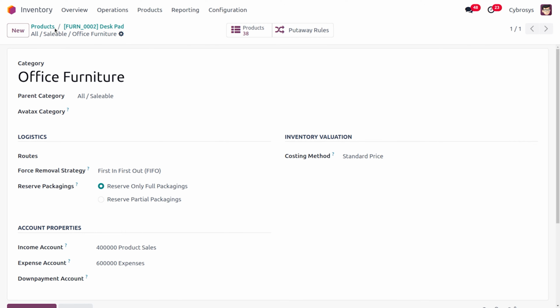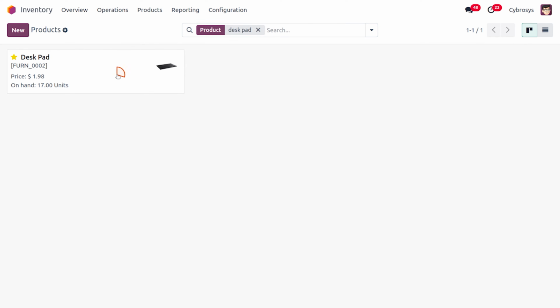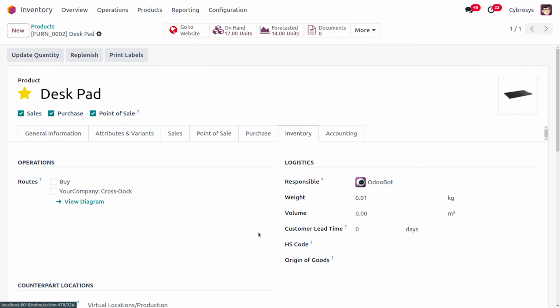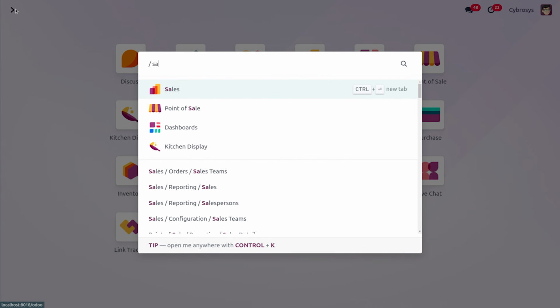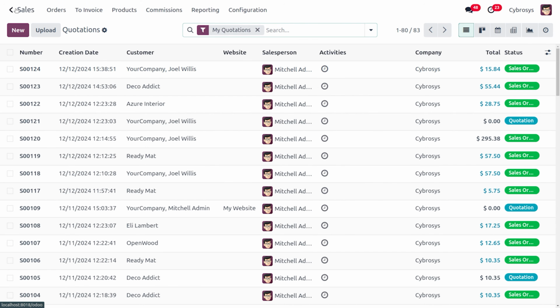Once this is done, let's move on to the product, and under the inventory tab, you can see that we can define the packaging. In this case, we have defined a pack of 5, which means this packet will have 5 quantity. The package type is a pallet, and let's move on to the sales module. Whenever a customer tries to purchase any quantity that is not defined in the package,